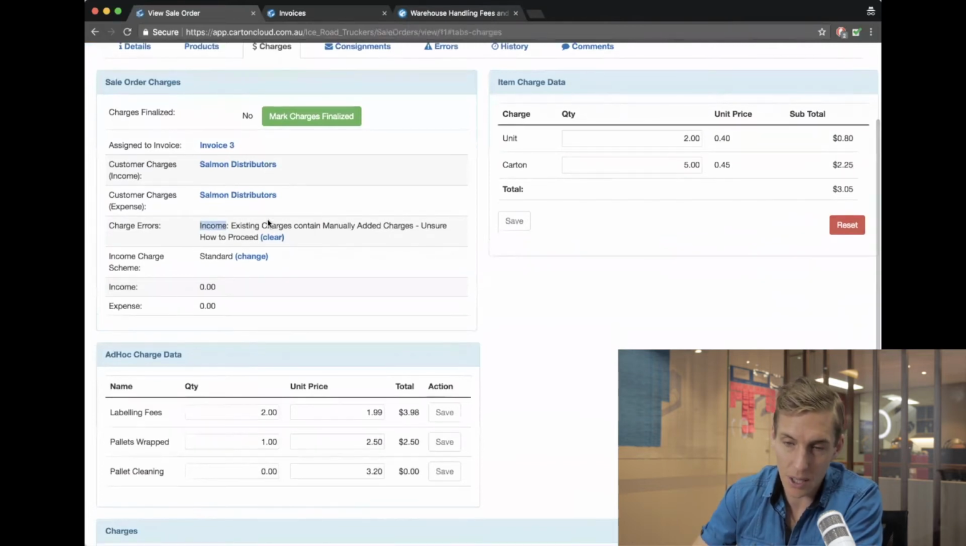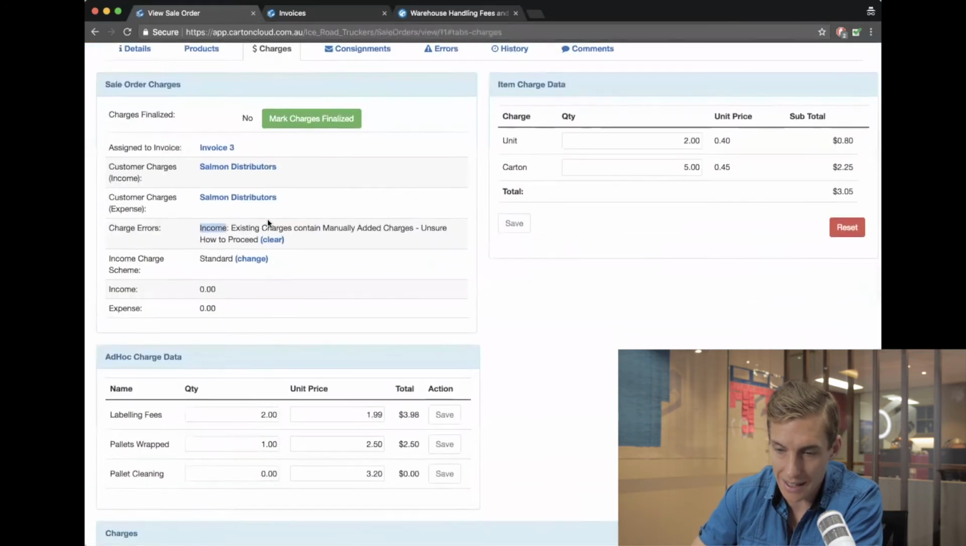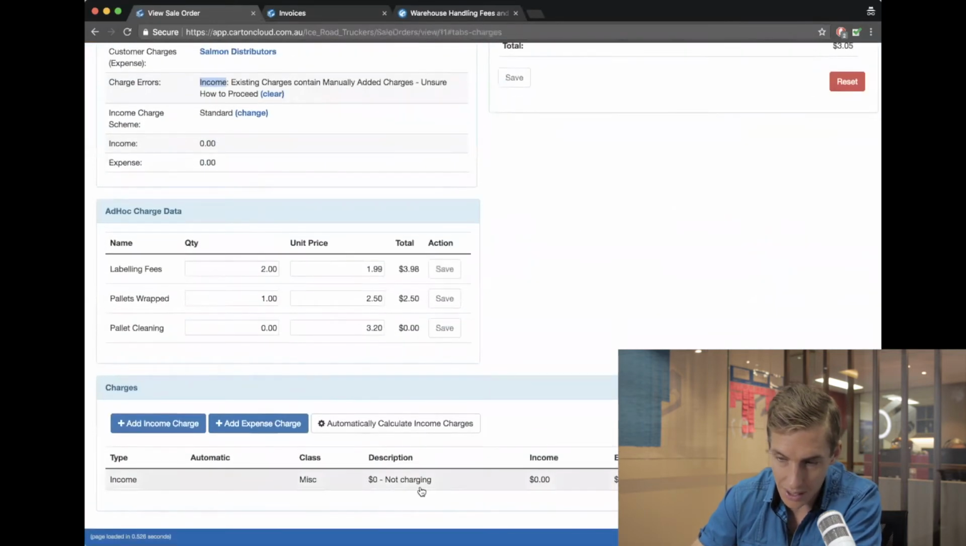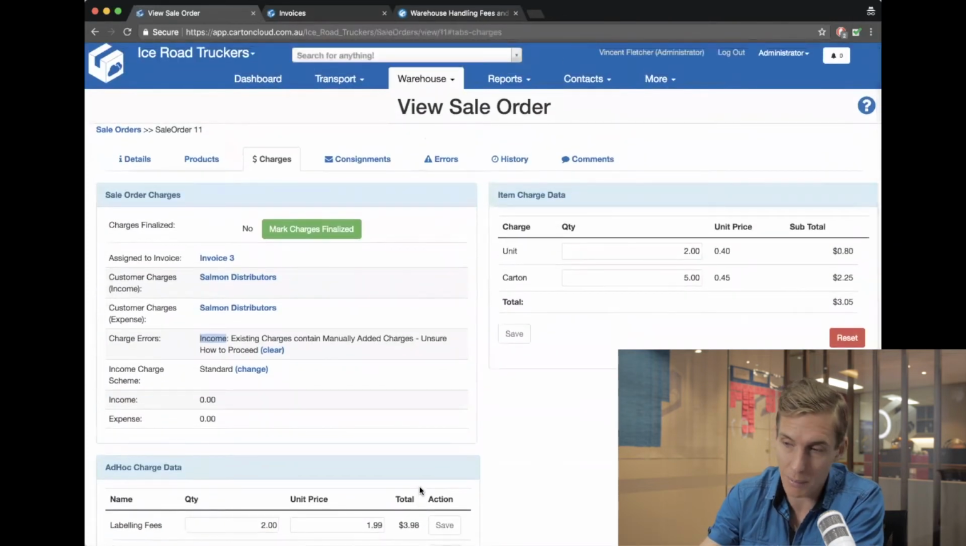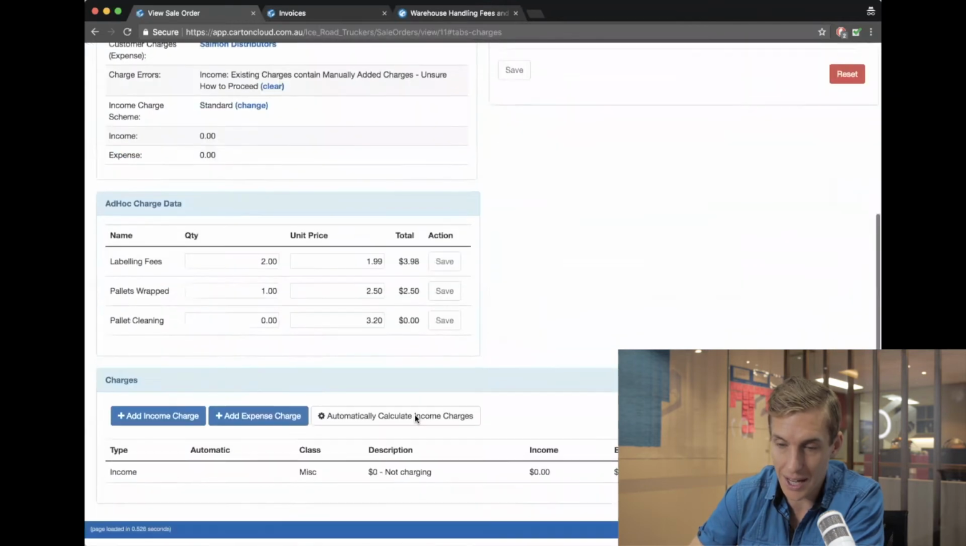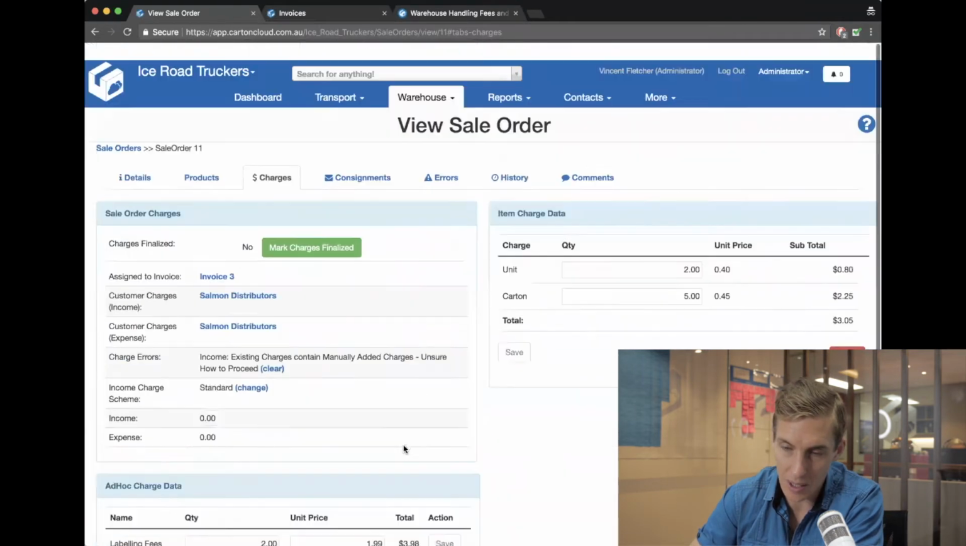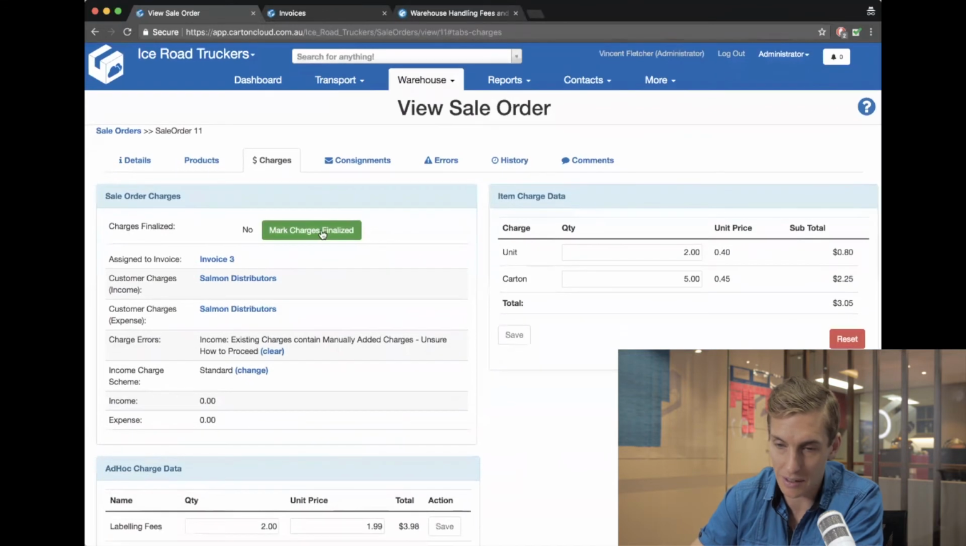So basically, when it tried to calculate all the prices, it saw that I'd added this $0 charge, and it said, well, I need to stop here because if I go and automatically add charges to this, I might be doing the wrong thing. To get around this, what you can do is before you go and invoice the job, or straight after you have actually added this $0 charge, there's an option up here to mark the charges as finalized. So if you click that button and say, I want to mark these charges finalized,